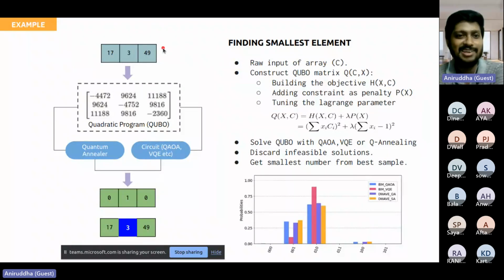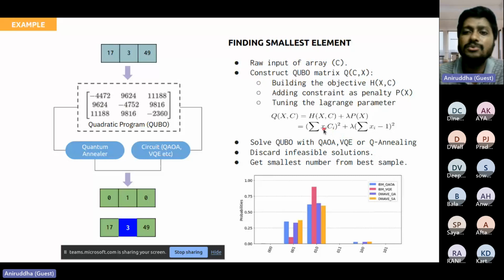So there is no need for applying quantum algorithms or any classical algorithm here. But the target is just to have a simplistic view of how the problems work and to build some intuition around it, so that you can formulate your problem as a quantum optimization problem and solve it using these algorithms. We also have some algorithmic steps: get the raw output, construct the QUBO matrix, run the variational quantum eigensolver algorithm, and get the smallest possible number from the output after some post processing.